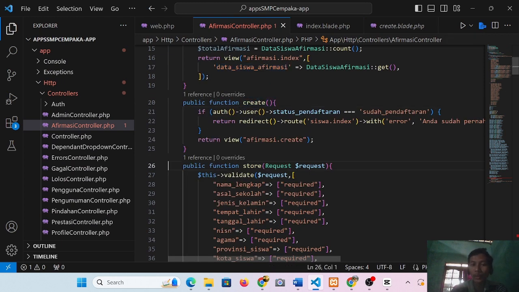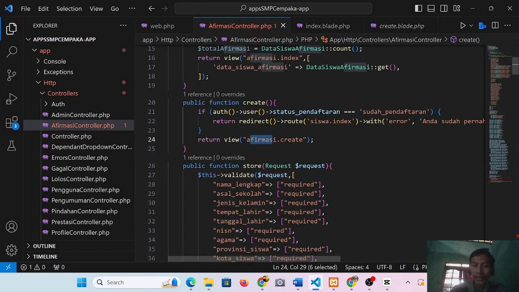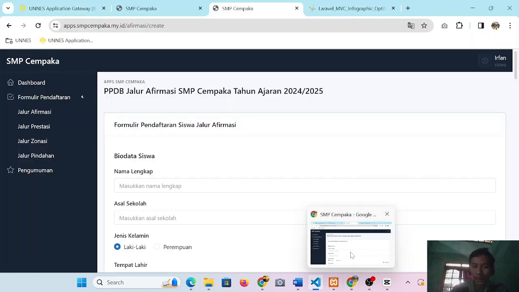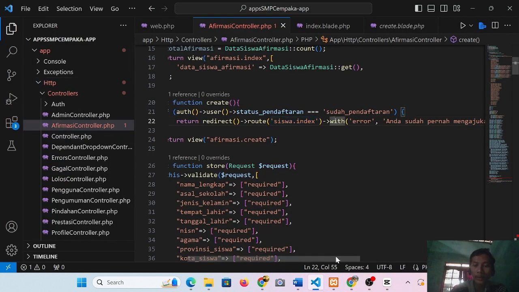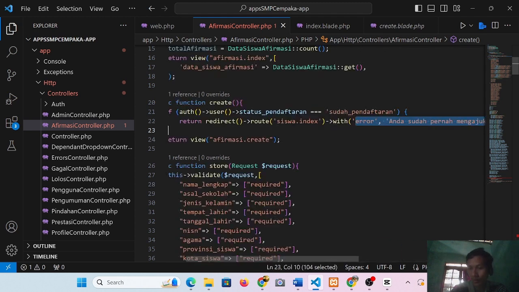The create function will return the affirmasi create. In the create function there is a condition: if the user's status pendaftaran is equal to sudah pendaftaran, it will redirect back to the dashboard siswa and show the error, Anda sudah pernah mengajukan formulir pendaftaran.